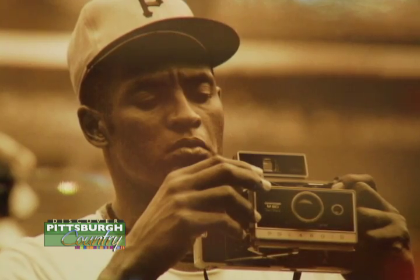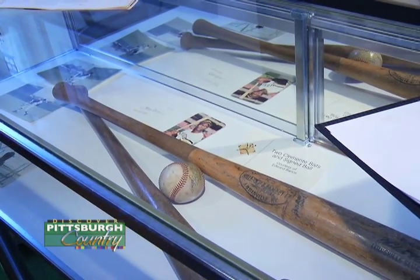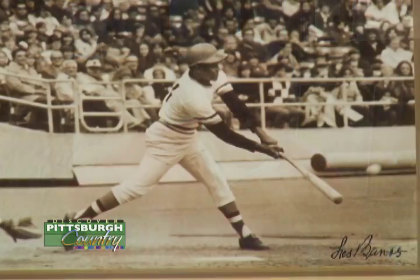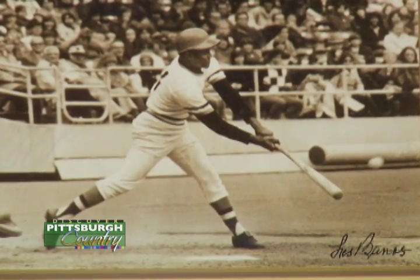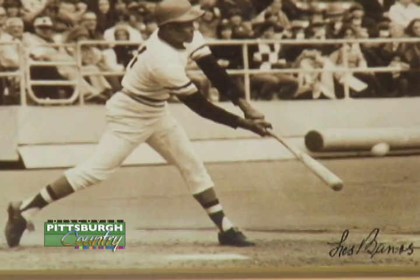Now, here is something I'd like to show you. This bat here, it's a 3,000 hit bat. After he had his 3,000th hit, he came to our home with Vera, and he had the bat with him, and he told my son Ed, "That's my 3,000 hit bat." The story to this: I left the bat at home and I was on the road,